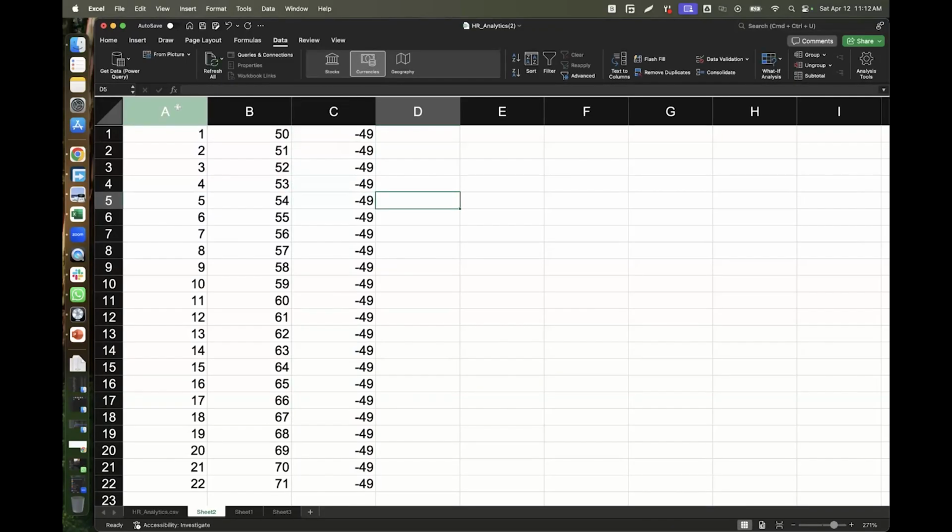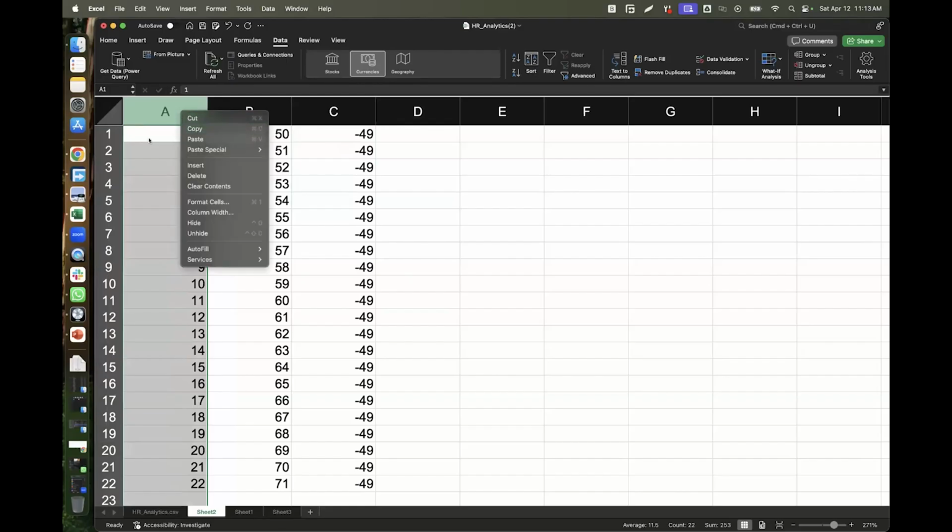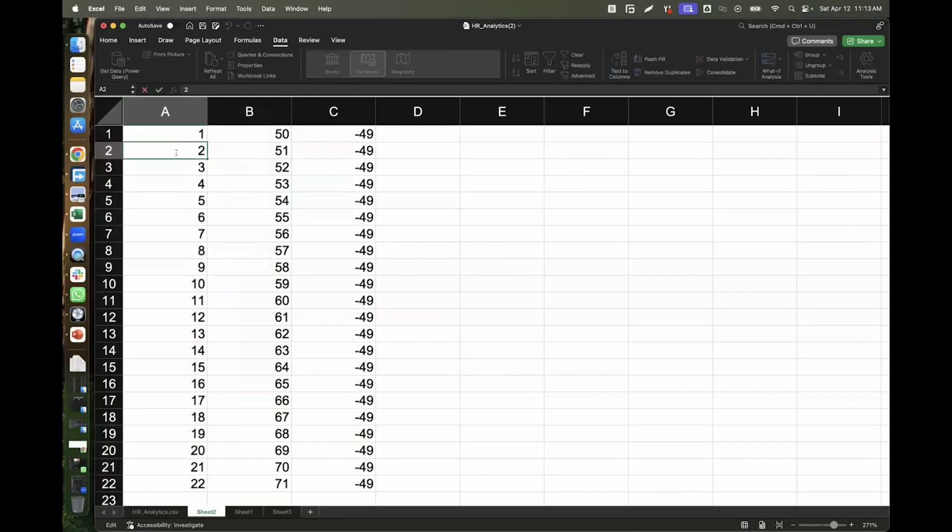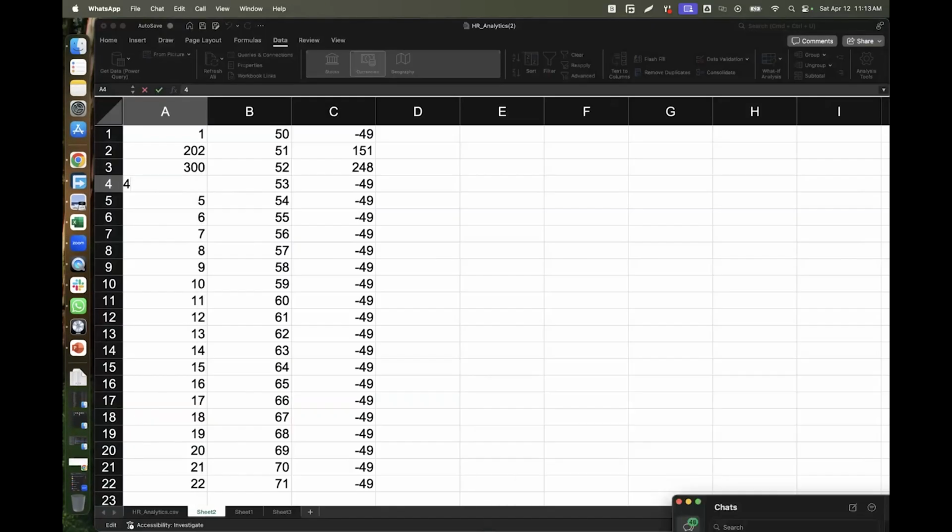So if I choose to create another column here, let me say I want to add 20, you see that this minus 49 is going to change, right? 300, you see that these numbers are changing. So in my other numbers, if things are changing, my formula will remain constant and won't change over a period of time.